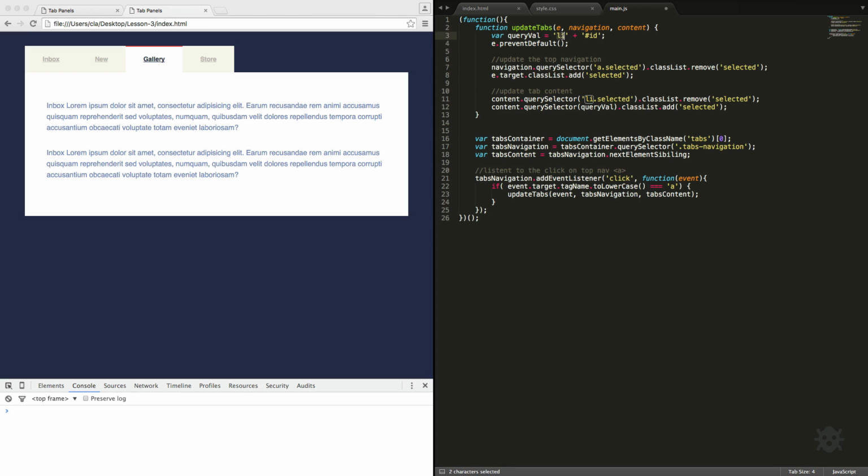So now this is what we need. So list item, okay, that's fine. But now the hash ID is the part which depends on the anchor tag clicked. And this is actually the href of the anchor tag clicked. And how do we access this value? We can use the hash property. So I can write e.target and then hash. Now, if we save and refresh,